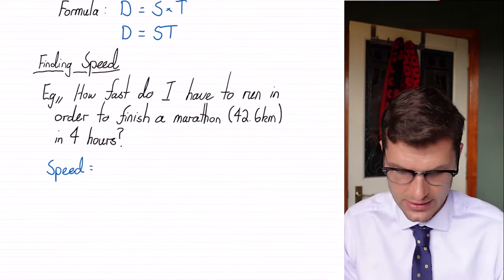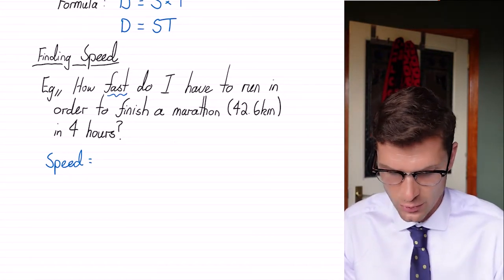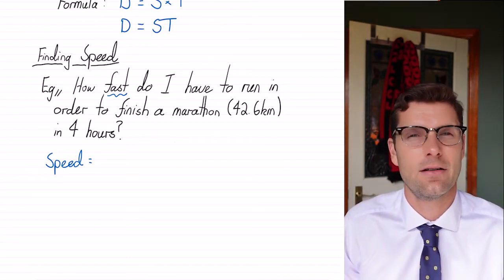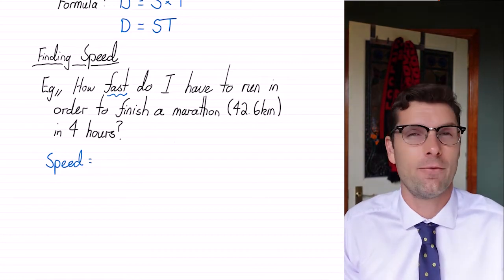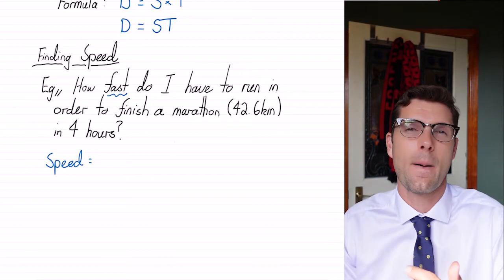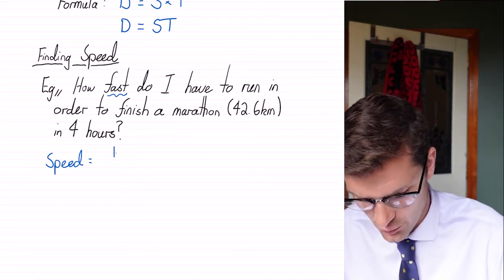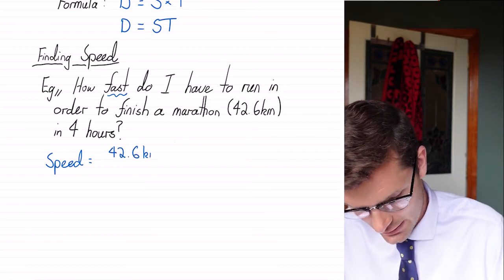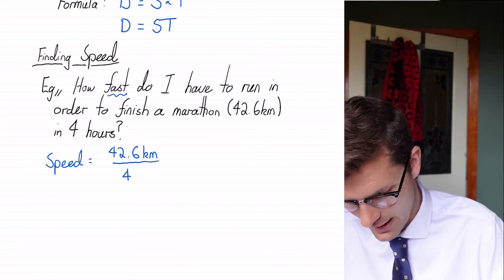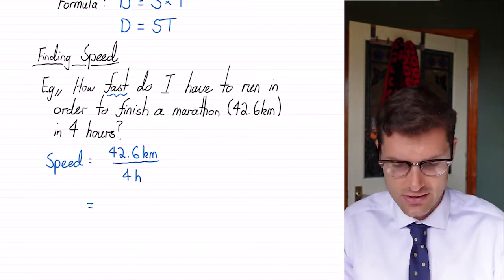So if we're trying to find speed in this example, how fast, right? Obviously we're looking at speed here. How fast do I have to run, in order to finish a marathon, which is 42.6 kilometers, in 4 hours? So what's my average speed throughout? So I've got to divide it into equal distances per 1 hour. So my speed here is the 42.6 kilometers divided into 4 equal parts, which is 4 hours. So I just have to throw that into my calculator. If you do this, that's equal to